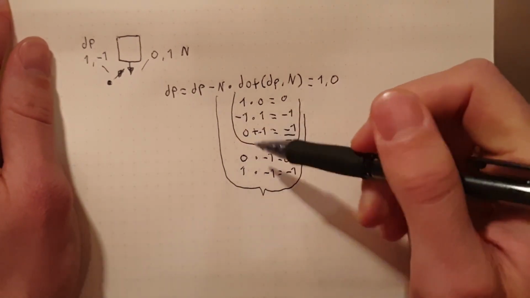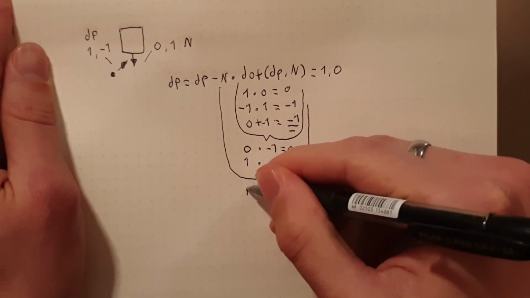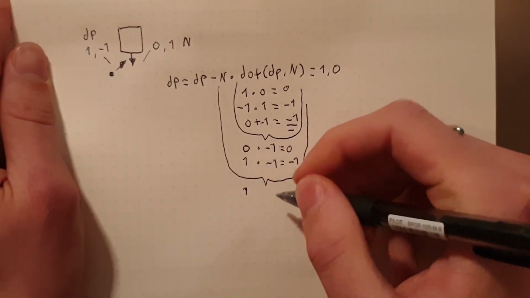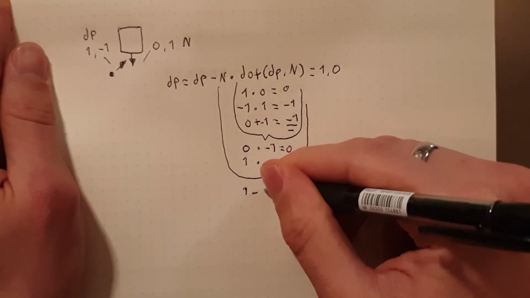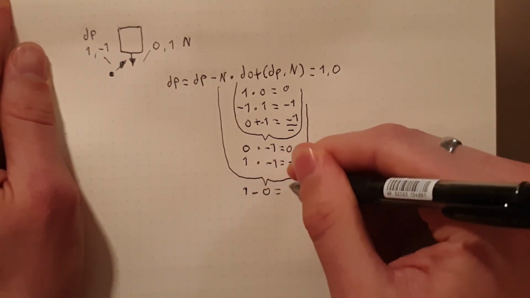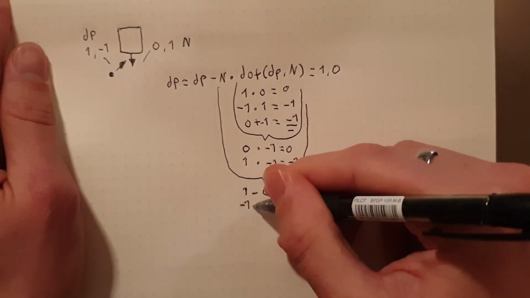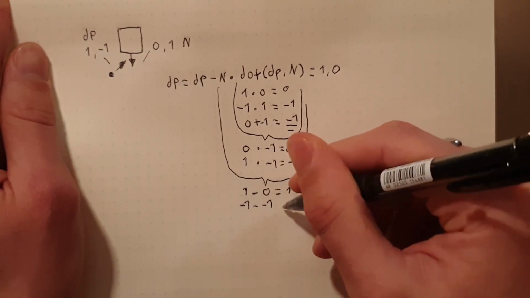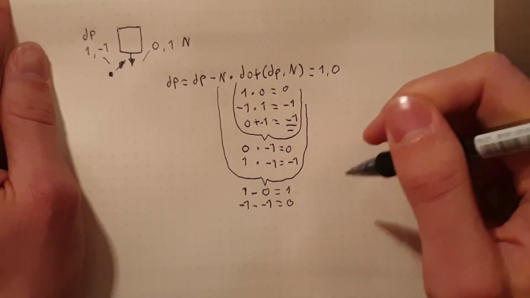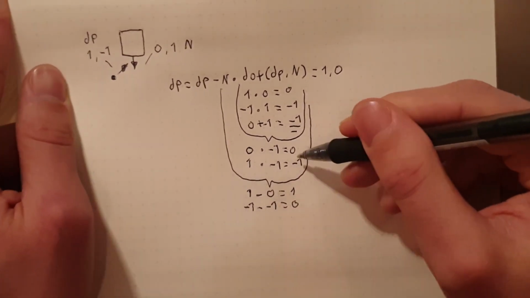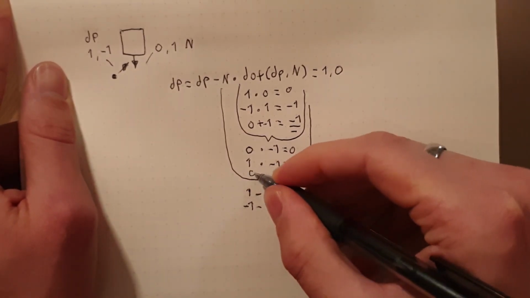And then we're going to remove this from the delta position. So we're going to do 1 minus 0, which is equal to 1. Then we'll have -1 minus -1, and this will be 0. And by the way, this equation here returned the vector 0